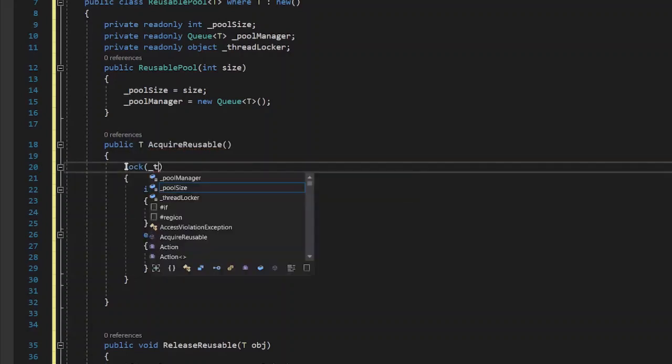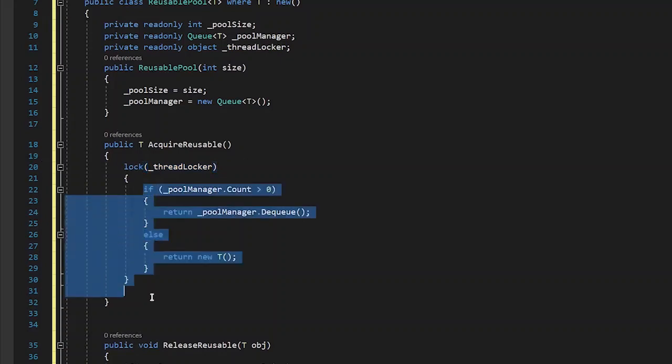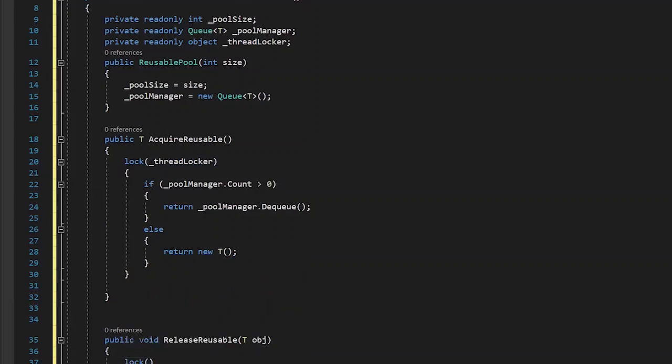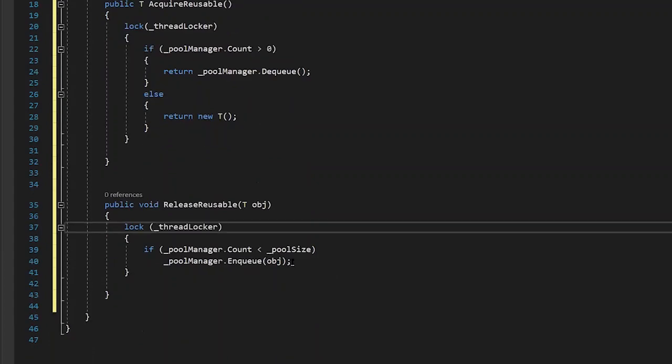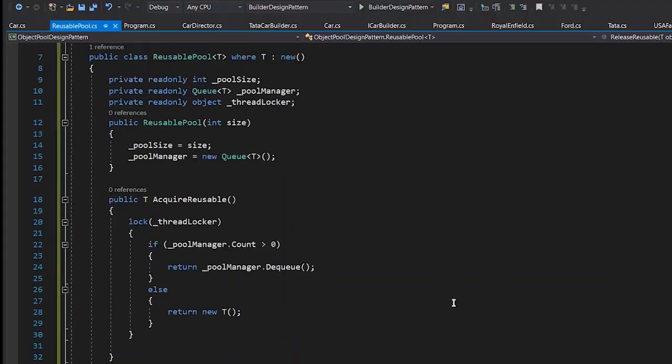The way this step is handled can be different. In Java, there is a synchronized step where we are handling that. In C# we have a lock step to do this, and whenever it exits this step, the lock will be released. Similarly, a lock needs to be acquired when we are trying to access this step, and that should be the thread locker. So this is our dumbed down version.